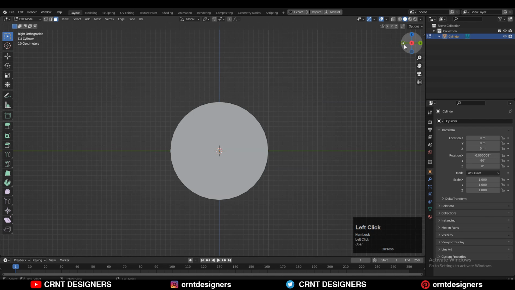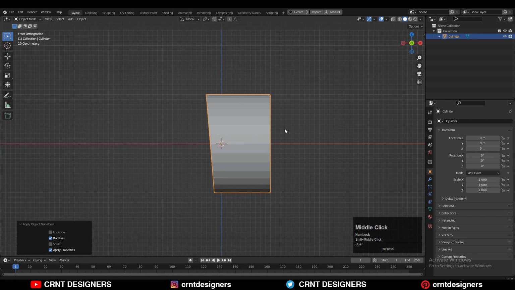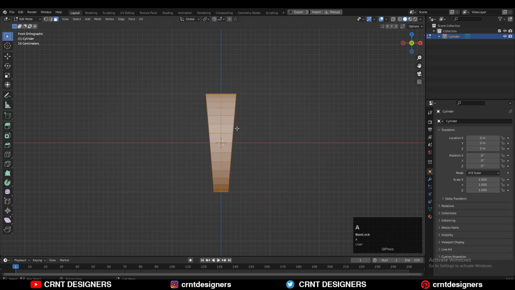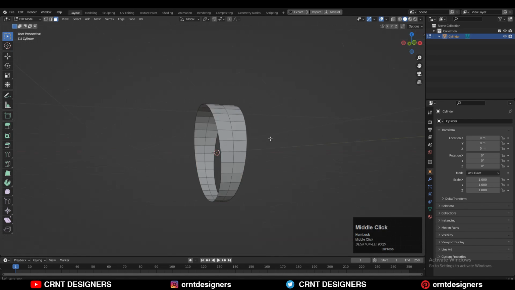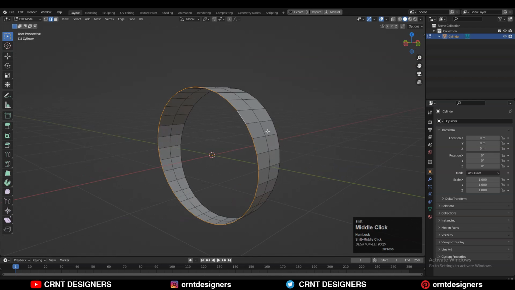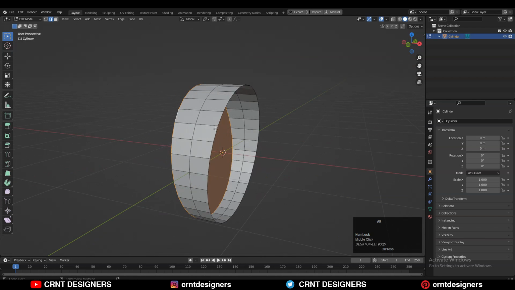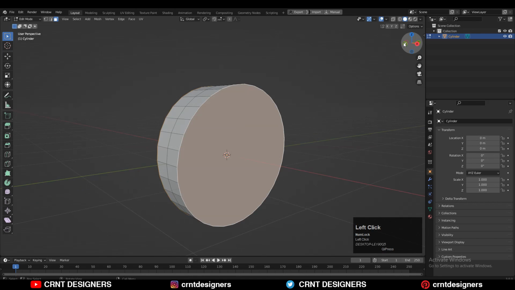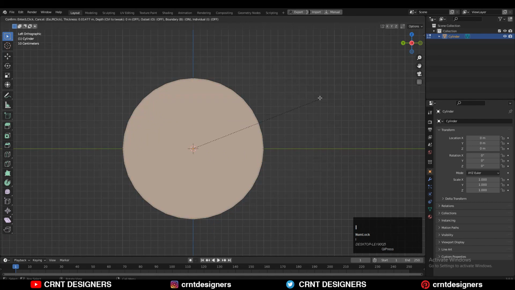Okay, now you need to apply that rotation and then select everything, go to Mesh and then Symmetrize. Take the symmetry along the x-axis and then you can adjust the scale along the x-axis. After that, just select that edge loop and press F to fill the gap, and do the same thing to the other side also. And then you can select these faces and press I for the inset operation to add one loop there.